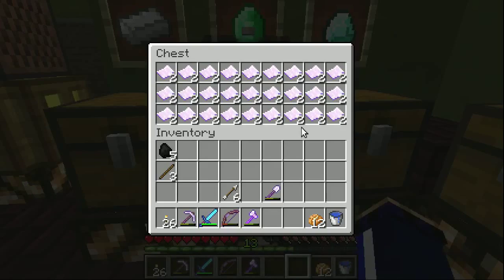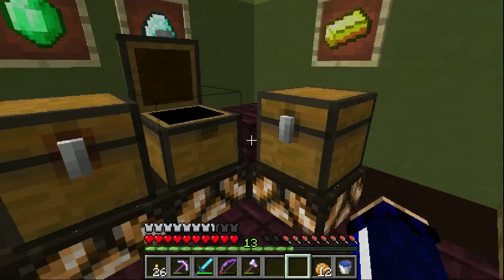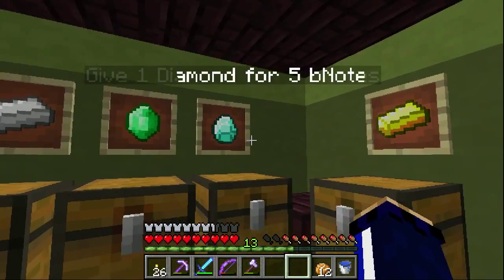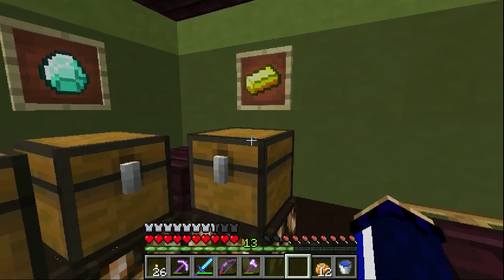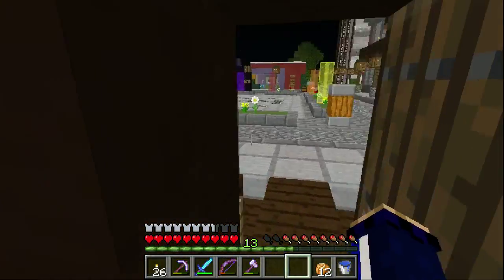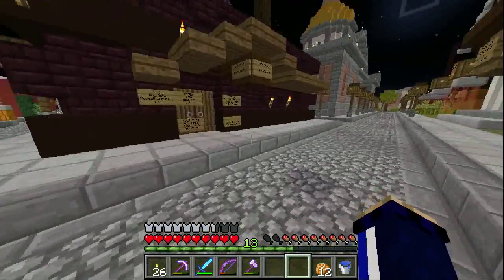So these are B-Notes. He seems to have invented his own currency. That seems to be what's happened here. Oh, okay. 1 diamond for 5 B-Notes. Okay, 1 gold for 1 B-Note. Okay, so yeah, you can get some B-Notes. That's not too bad. Let's actually take a look at what the prices are in his establishments these days, because